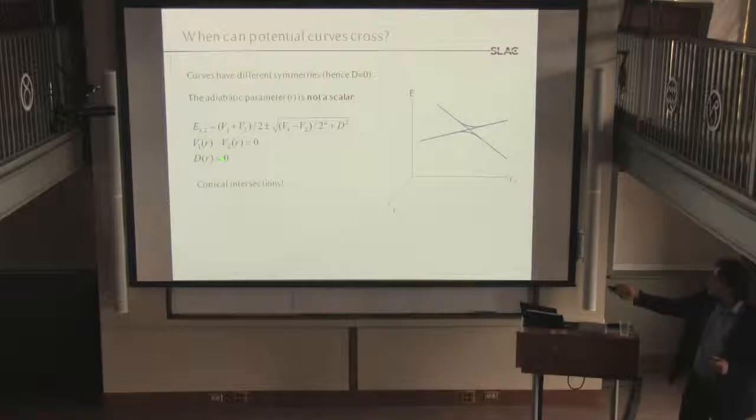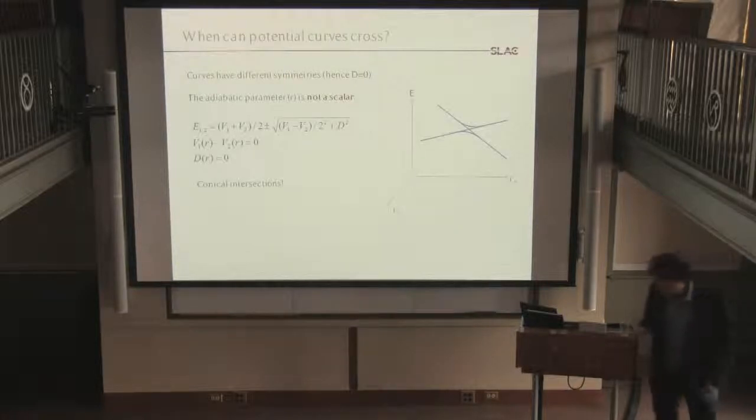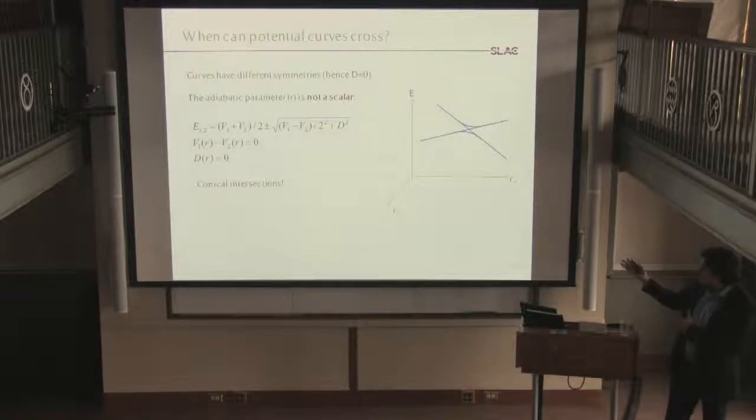But this R naught cannot be the same one for D. But if R is not a scalar, if it's a vector, then I can find Rx and Ry such that together I'll have this type of crossing. And the reason I selected, of course, this linear type of expressions is that everything is linear if you really look at the neighborhood of the crossing. You can almost always approximate it to be a linear function, and this brings the birth of conical intersections,